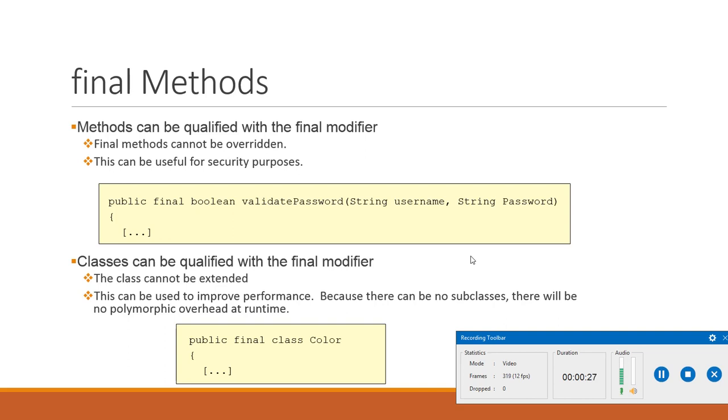So method overriding is quite an important concept, which says that if the child class has the same name of the method and the same signature as the parent class, then in that case, when we call the method, the child class method will be executed, the parent class method will not be executed. Alright, then we discussed how we can prevent overriding using the final keyword.